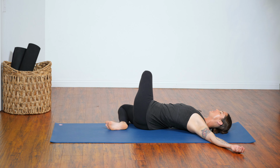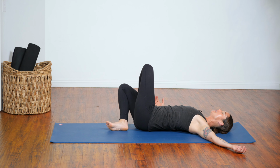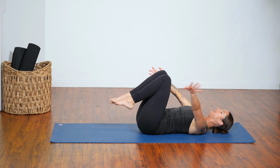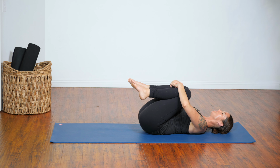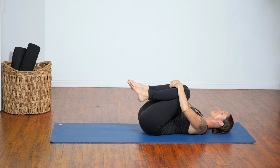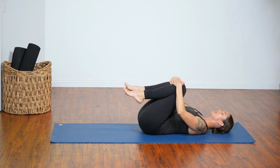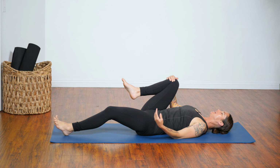After this round, we'll unwind, uncross the ankle, pull your knees to your chest, or you can add in any other symmetrical, gentle movement for the body. And when you feel ready, when you feel satisfied, extend your legs forward,